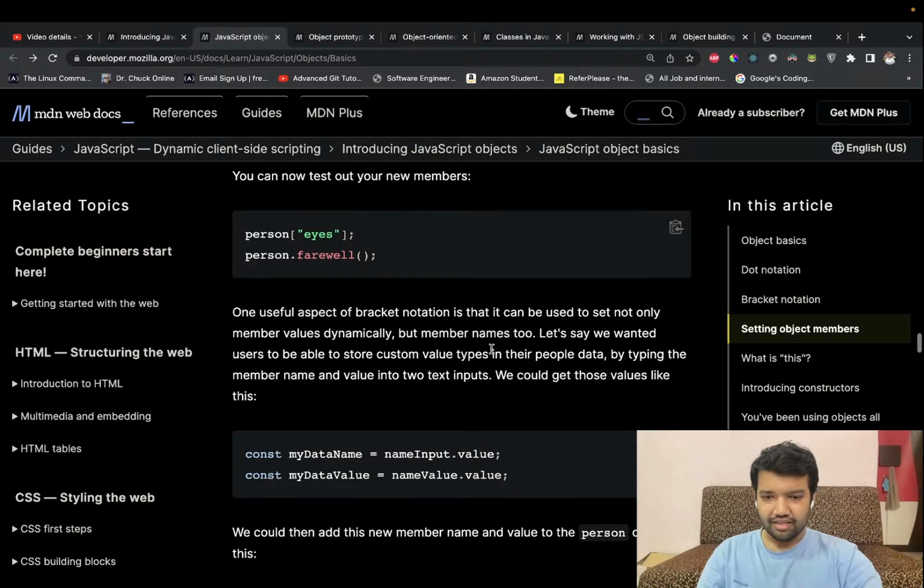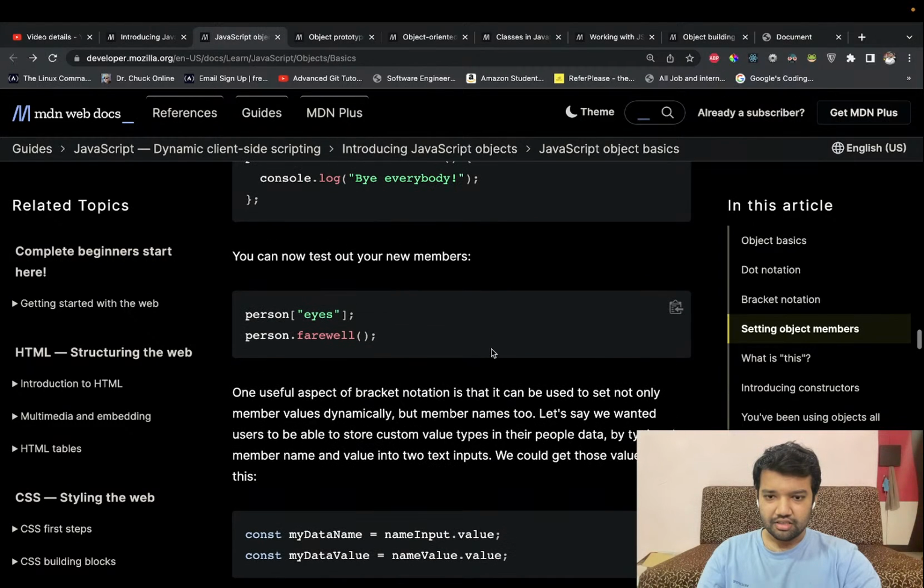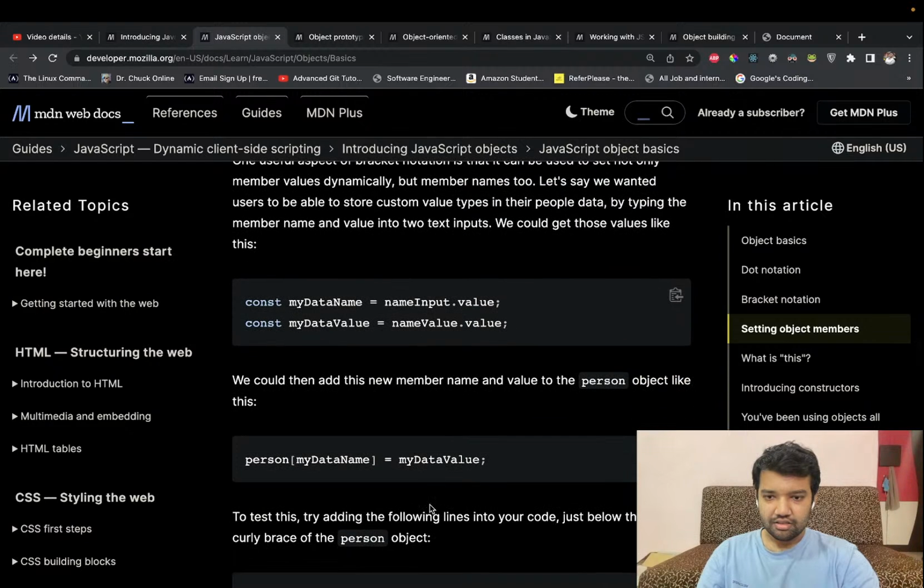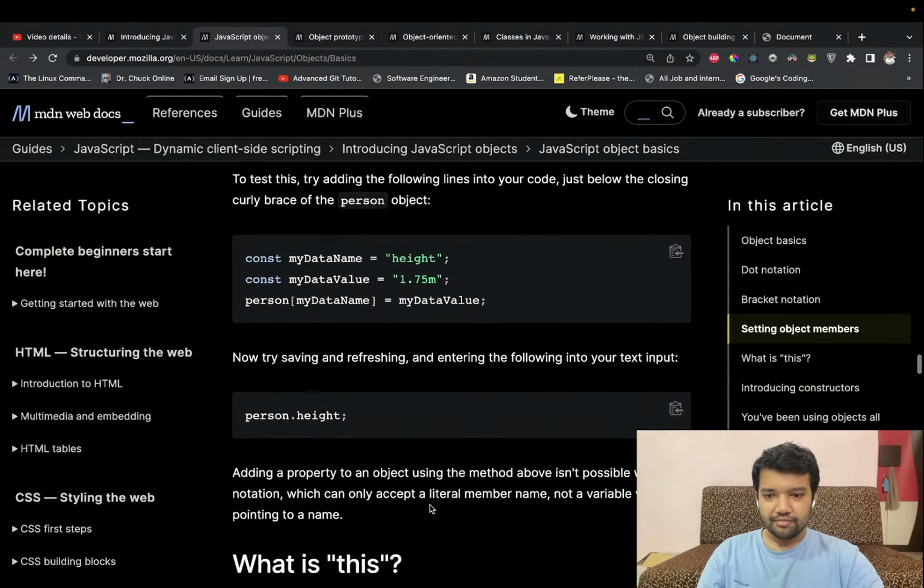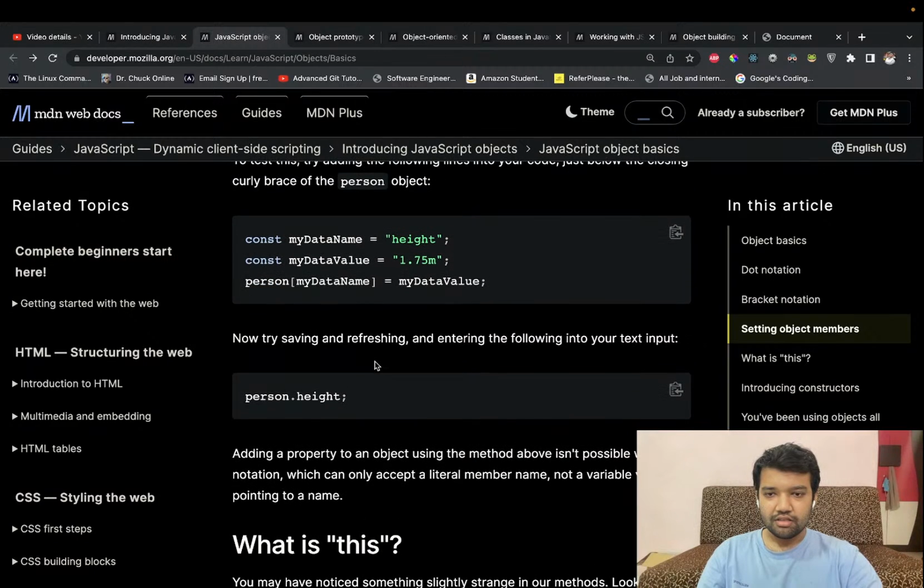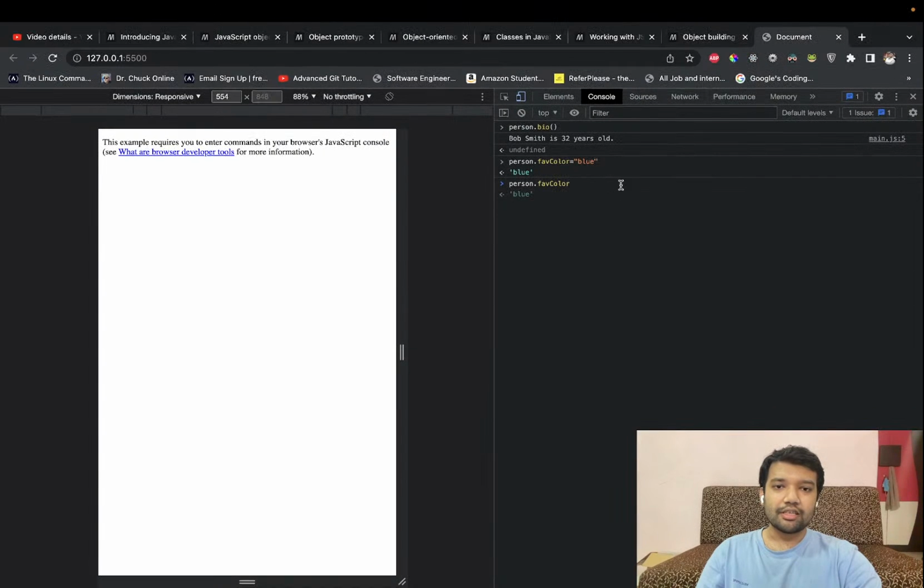Yeah, I understand what they are telling. A very similar thing. So what they are saying is that we can make two variables and then using the bracket notation we can easily call them. One more benefit of the bracket notation is